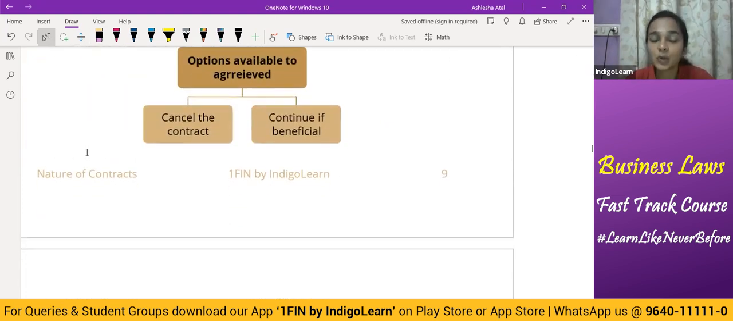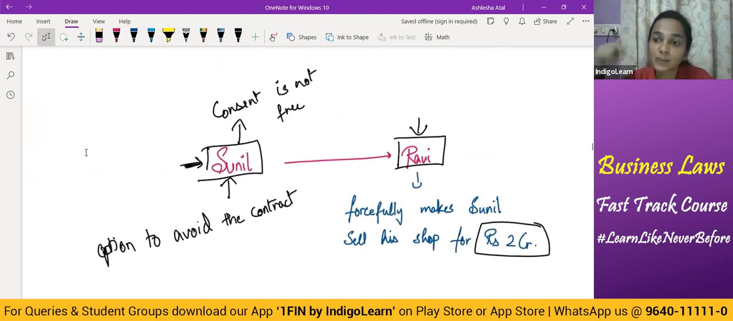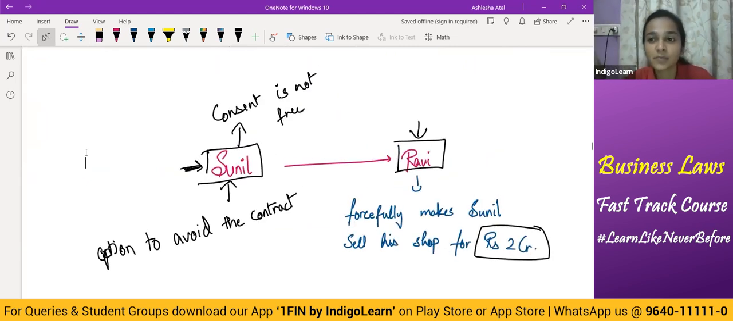And who has the option to avoid here? It is the aggrieved party who has the option to avoid. And it is the aggrieved party who will decide whether they want to cancel the contract or whether they want to continue the contract. So in our example, Sunil, he gets to know later on that because of metro construction,